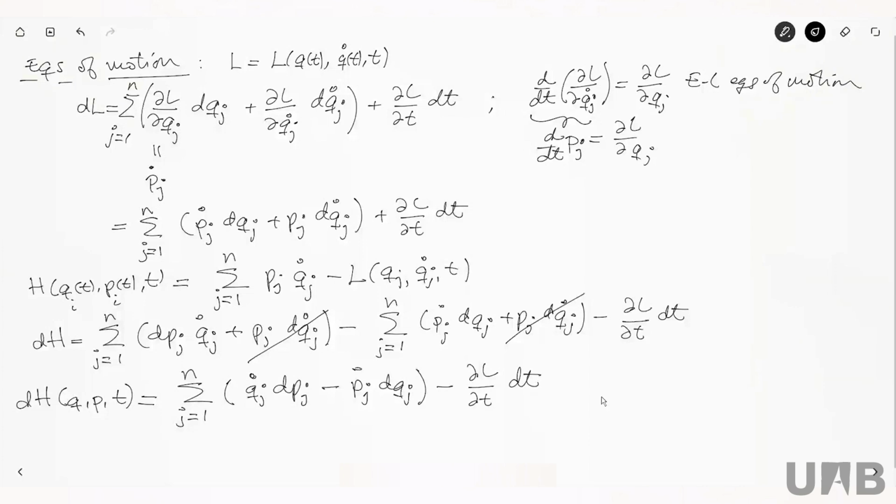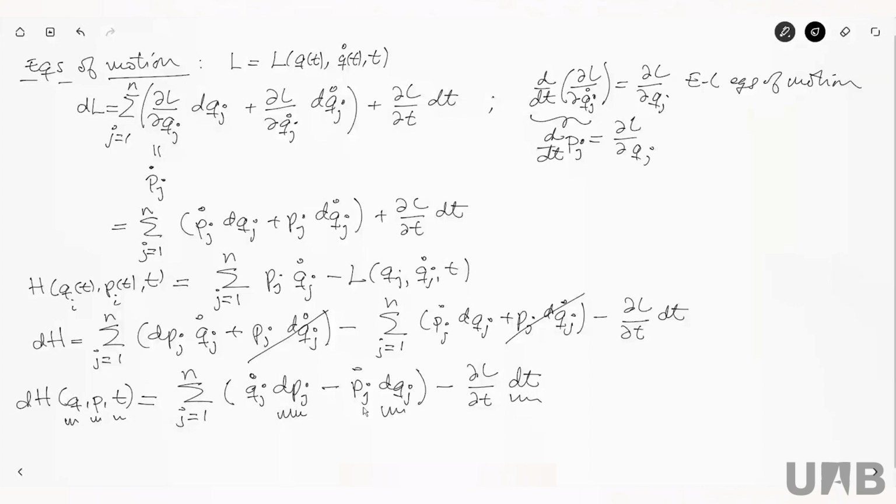And this equation now is going to tell us what we want, okay? Because this equation now is really a differential of the Hamiltonian in the right variables, because the right variables are q, p, and t. And now I do have the differentials dp, dq, and dt, the right variables for the Hamiltonian. Before I didn't have this. Before here, I still had the differential dq dot, and dq dot is not one of the variables of the Hamiltonian. So at this level, before I could cancel these two terms, I had a mess. Okay, now I don't have a mess.